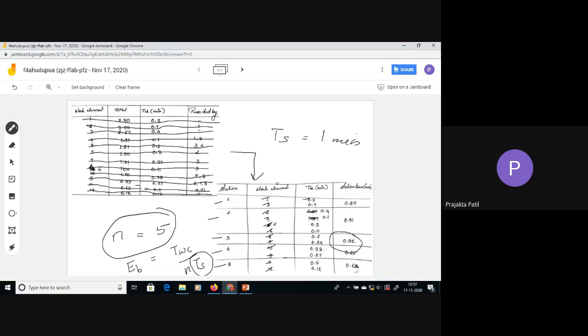It's not just the TS value that you get, which is the service time. It is not always this value. Okay, it's not that. You have to see which is the maximum station time that you get here, like the bottleneck station time, you can say. In our case, it is 0.92. So you have to substitute the TWC value, of course, the TK value, sum of this.